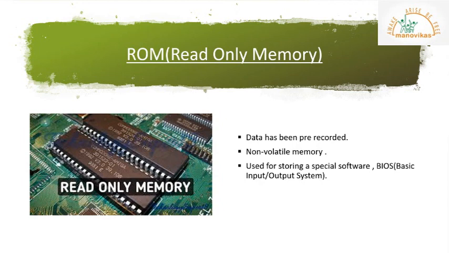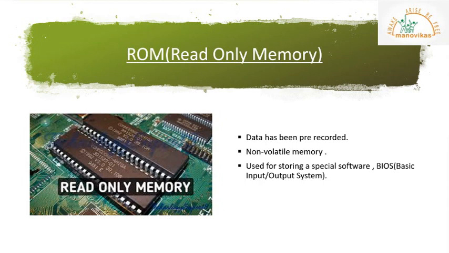The first primary memory is ROM, that is read-only memory. As the name suggests, you can only read this memory. You cannot write on it. You cannot make any changes to it. This is used to store data and information permanently. Programs are stored on ROM chips when a computer is manufactured itself. You can only read the information from the ROM. Any new information cannot be written on it.